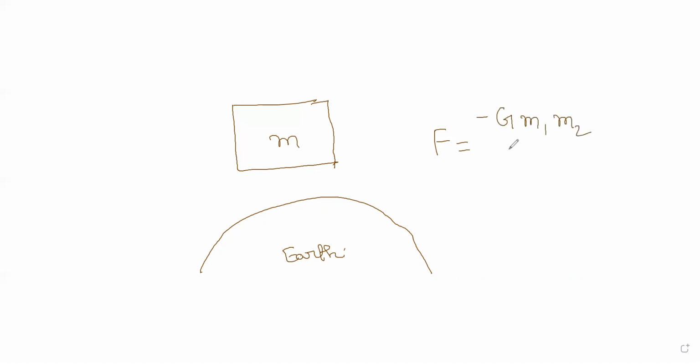Let's say this is the mass m and this is the earth. The earth will pull this object. There is something called gravitation. In the gravitation chapter, we will learn that two masses are pulled by some gravitational force, G m1 m2 by r square, where r is the distance between the two masses. For point masses you can use this. If the masses are really large, r is measured from the centers of the masses.